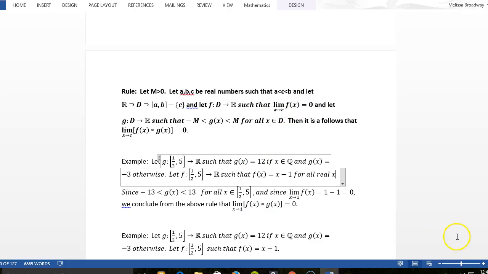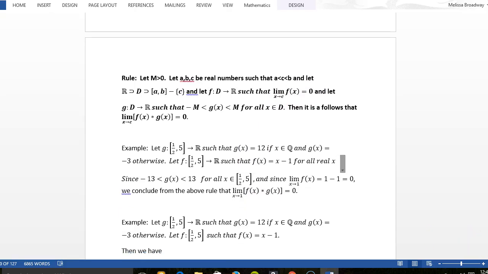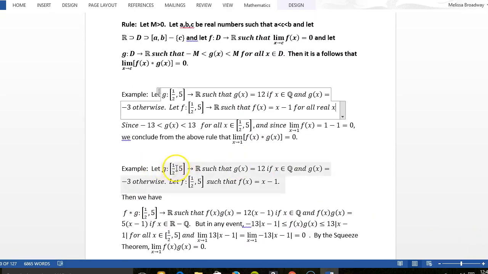Okay, but anyway, let's look at another example. Let g be a function from 1/2 to 5 into R such that g of x equals 12 if x is rational and g of x equals negative 3 otherwise. So g is the same as it was before by definition. And let f be a function